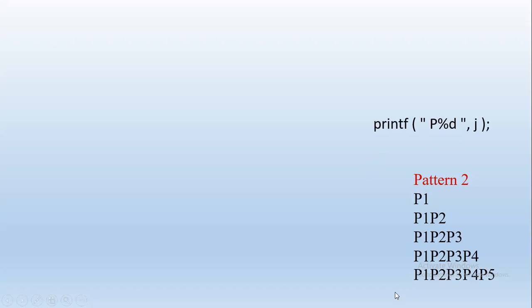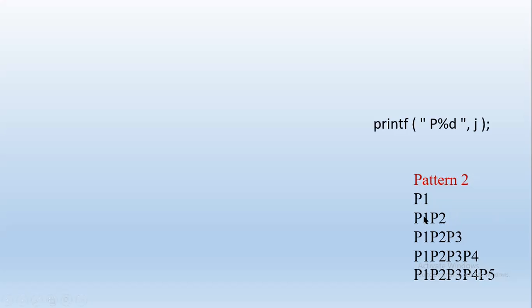Now every time J has to increment, right? But how does it increment? We cannot simply write J equal to 1, J less than equal to 5. If we do that, we will get 5 values in this row. How many values do we need? Only 1. But that cannot be decided based on only one condition, right? If we see one row, we will not understand what condition to be given. So let us see the next row.